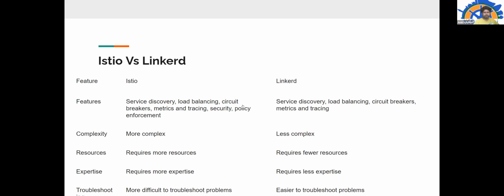And it is as performant as your ingress, because ingress again depends on different solutions, right? If you use nginx or Envoy proxy or something, even Envoy proxy has an ingress controller. You can use that also.